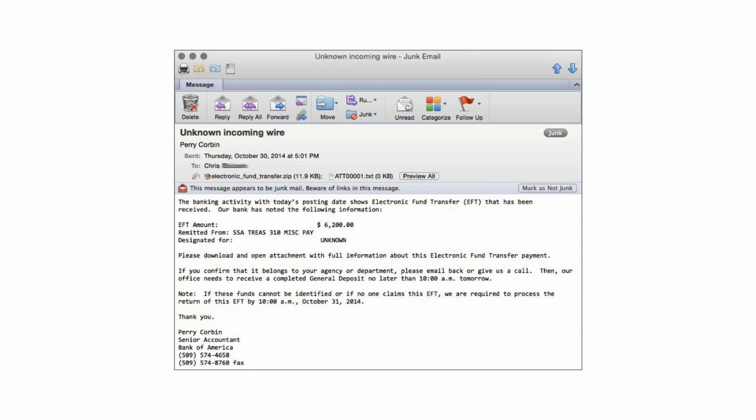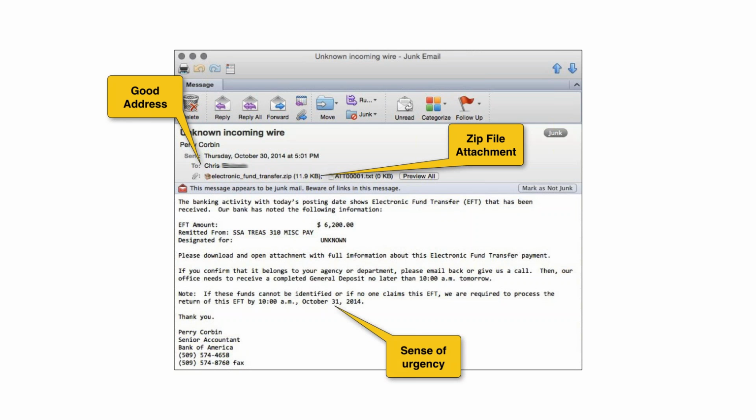Another one, and this one I like. It's probably my favorite of all the examples. Again, there are some things in here that were pretty smart and very cleverly done. One was that the address was good, so the person's name on there was someone that worked in our company. So I recognize that as, hey, that could be legit. There was an attachment, again having my attention,